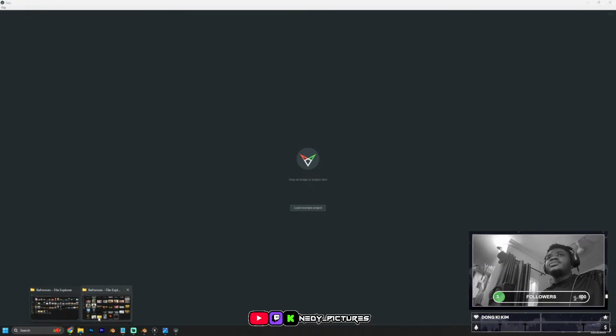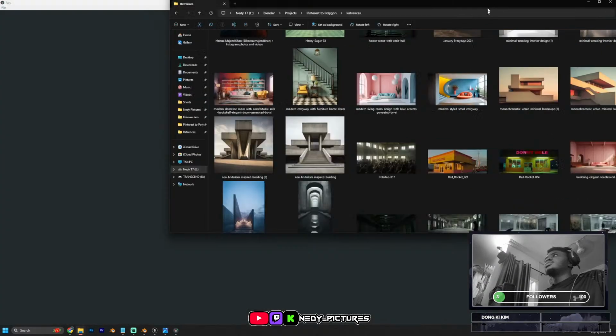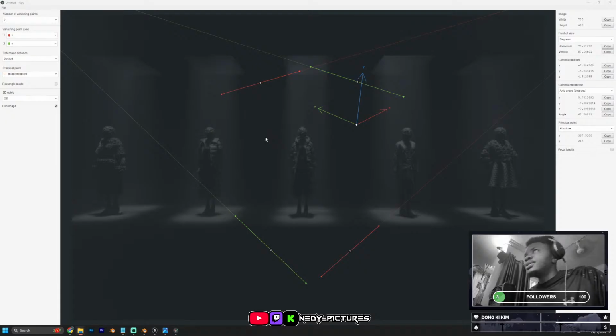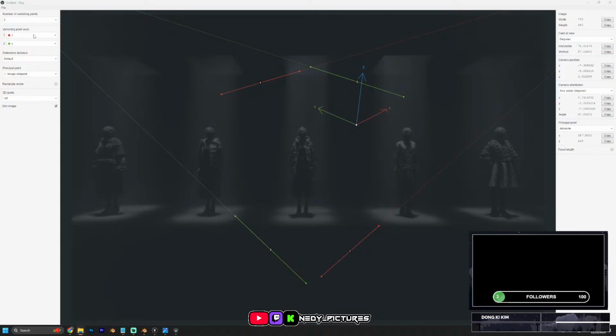Where are you? Okay, let me move it out of the way. Then this is what we want to quickly recreate. So this time around, I don't have anything that represents the Z axis here. So I think I'm going to use X and Y. So change my vanishing points to 1. Then my X